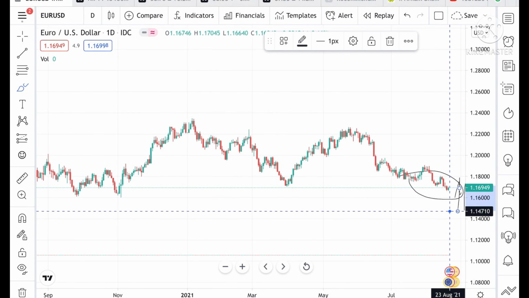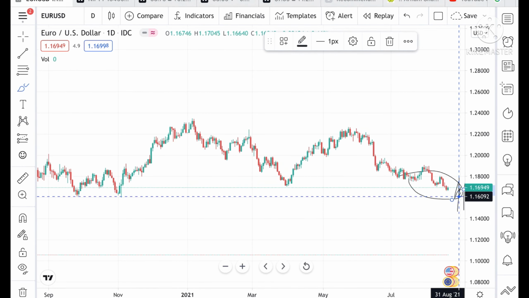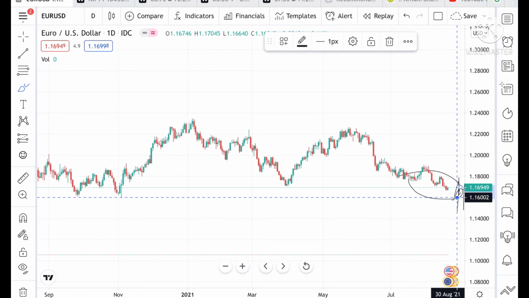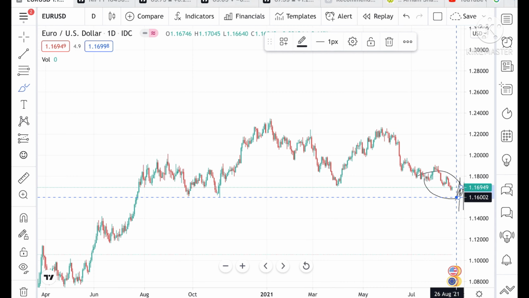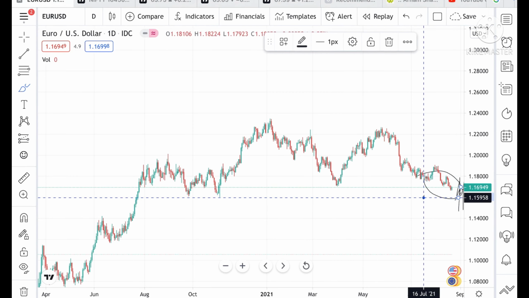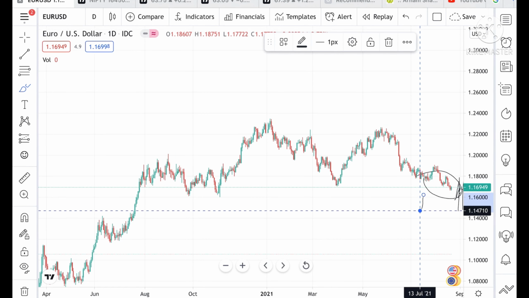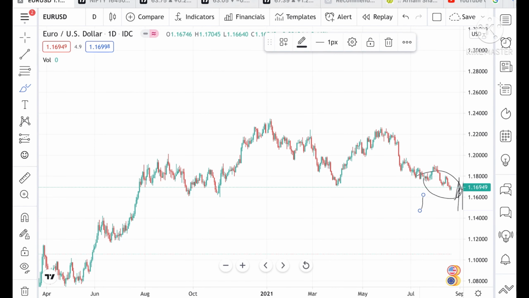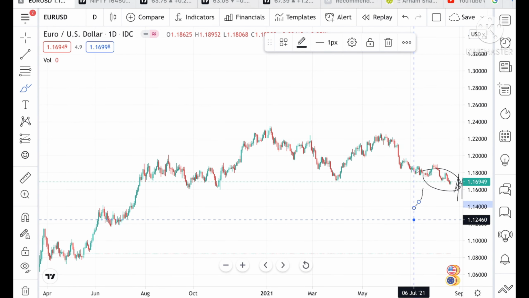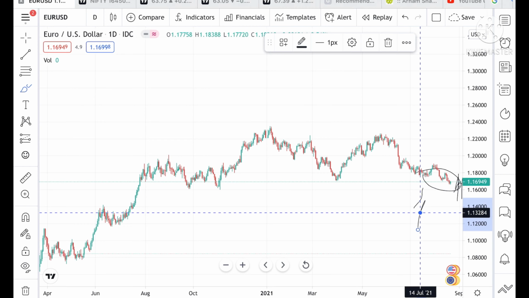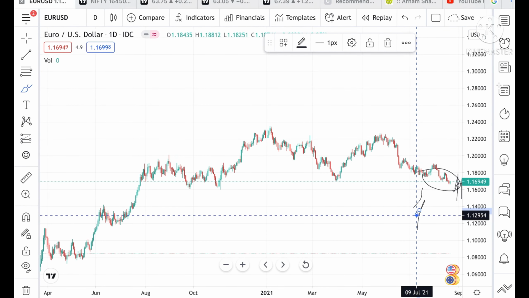Once this range breaks downside, because these levels are tested twice, the chances are very high it can touch a level of 1.16002. And suppose this level is also tested twice; if this breaks downside, then we can see a low of 1.1470, or it can touch a level of 1.13. Suppose if this level doesn't sustain, then we can see a level of 1.13284 and from there a level of 1.1295.